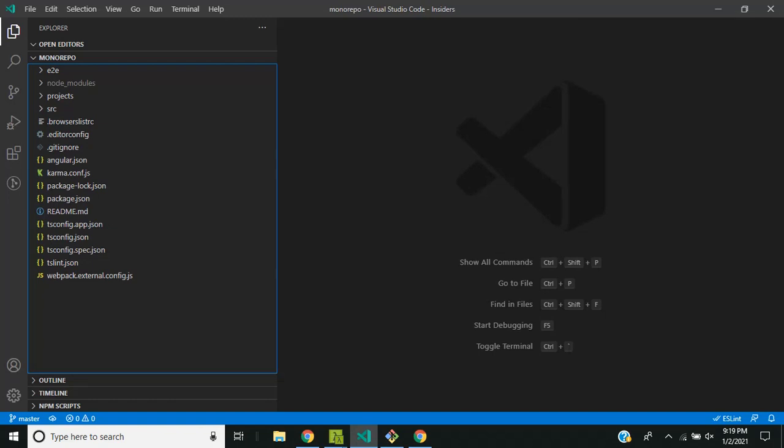So we'll be continuing on our topic on the tree shakeable providers. Previously we had taken a look at the root and any options in the tree shakeable providers. Today we will be taking a look at the platform level providers. So when do we make use of a platform level provider?